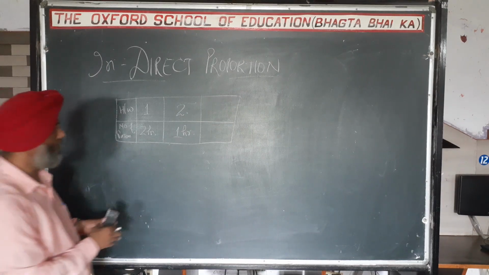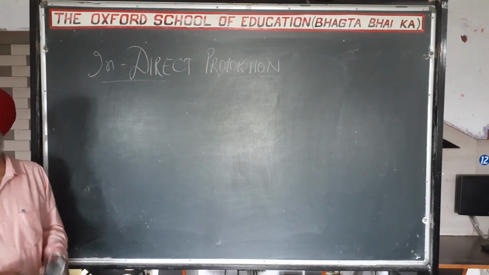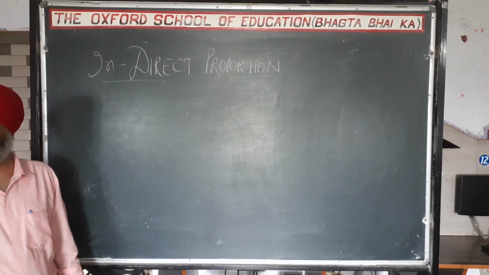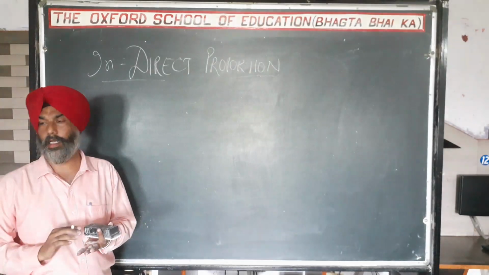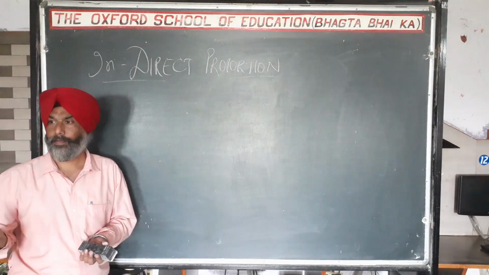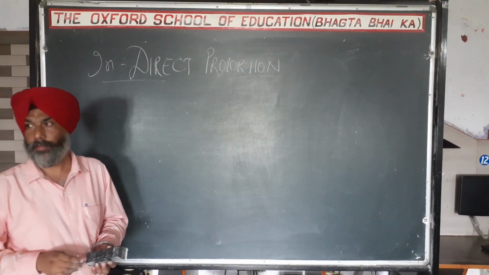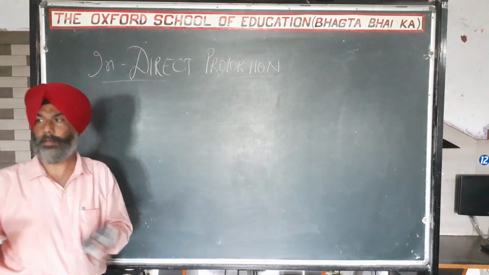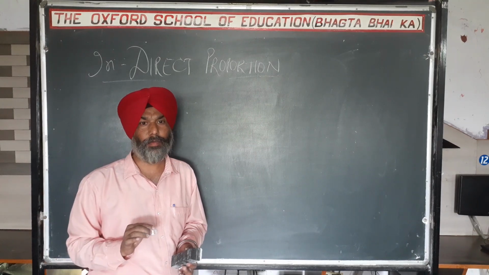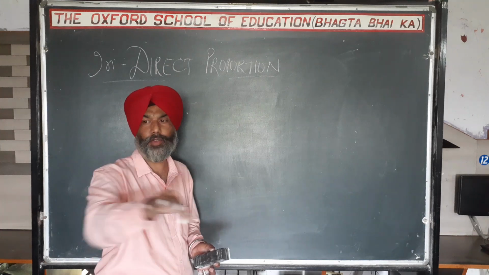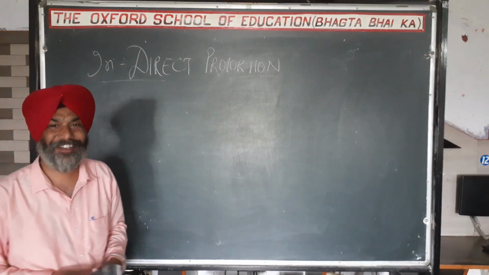Any other example? Try to give a correct one. Ankur sir, please tell me any one example from your side. One quantity is going to increase, the second quantity is going to decrease. Any good example from your side? Speed and time. Thank you. Speed increases, time decreases. Efficiency and time. Accept it. Any other more suitable example? Anything more? I want examples suitable for the level of the students. Number of workers and days. Again, time.